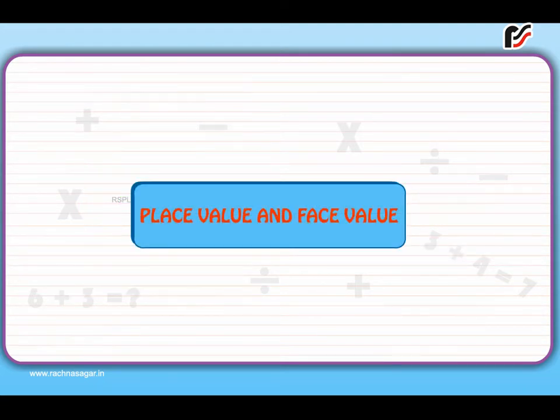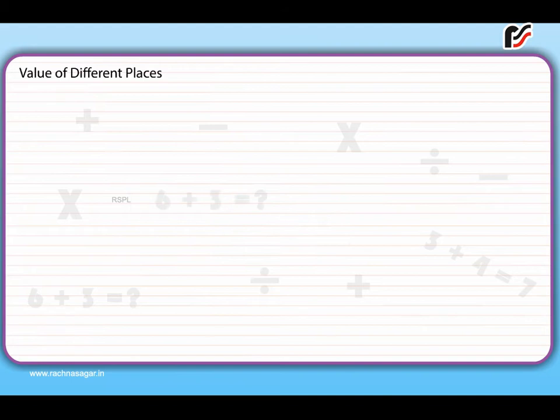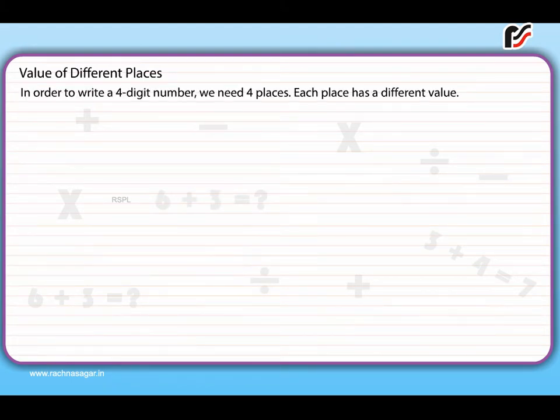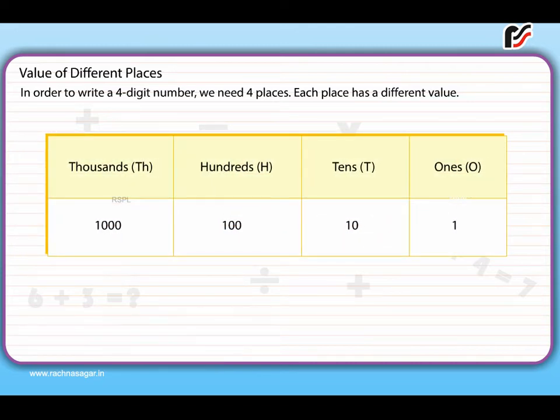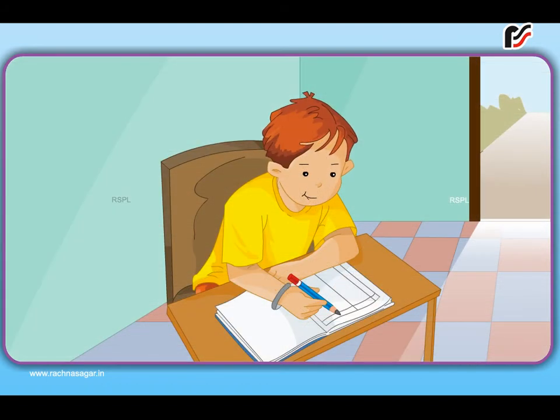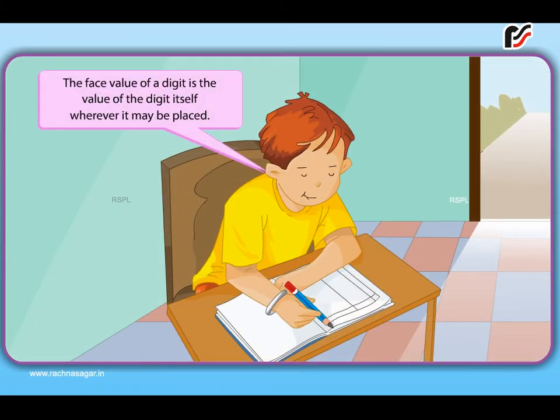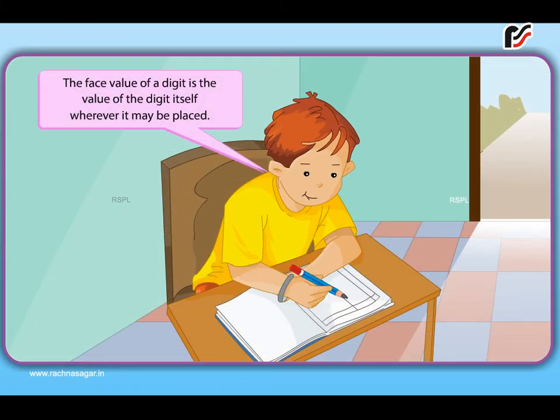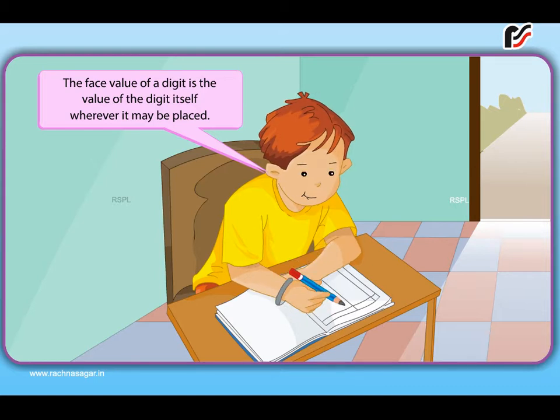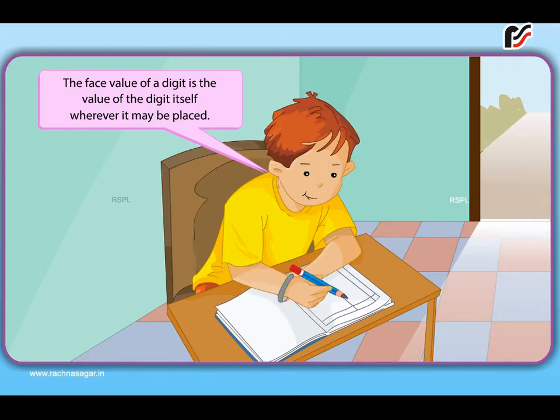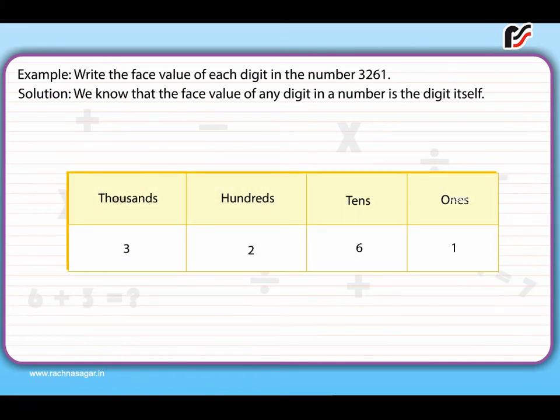Place value and face value. Value of different places. In order to write a 4-digit number, we need 4 places. Each place has a different value: thousands, hundreds, tens, ones. Face value. The face value of a digit is the value of the digit itself, wherever it may be placed. Example: write the face value of each digit in the number